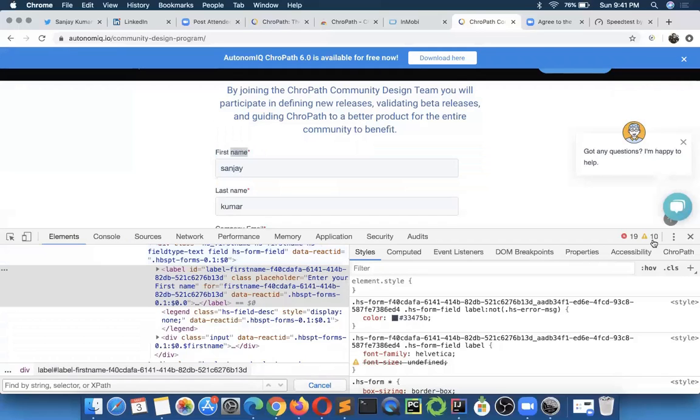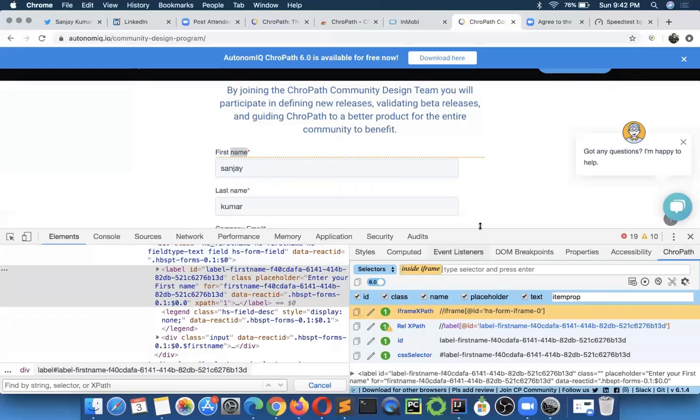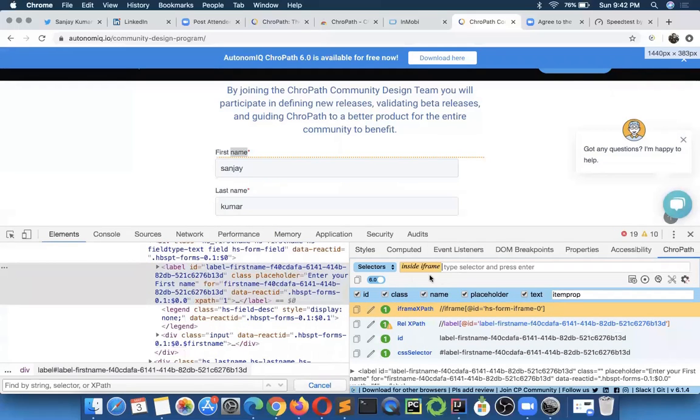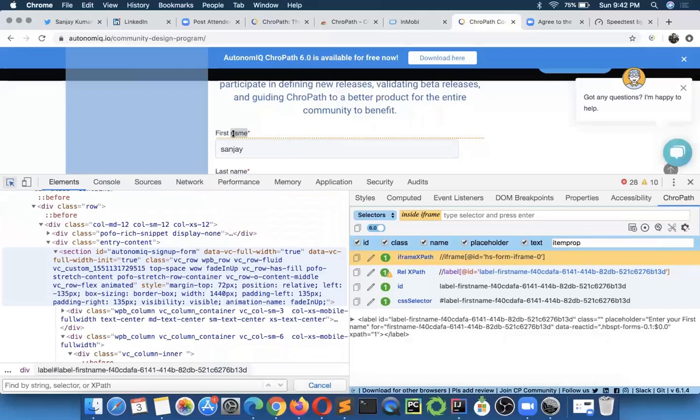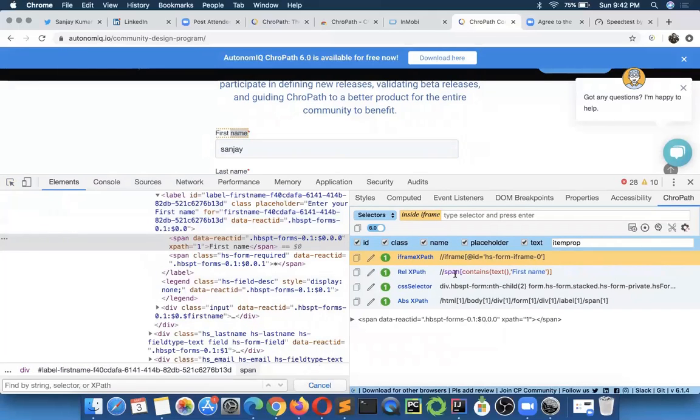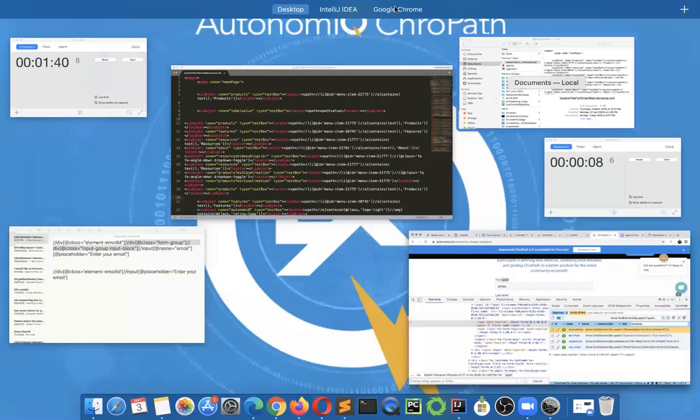But with the help of ProPath, you just open ProPath here and you will see the magic. ProPath gives the XPath for the element you have inspected, along with the XPath of the iframe inside which it is lying. You just inspect this element and you get the XPath of the iframe and the XPath of the element. If you turn on this command, you get everything. You just copy this, use your switch to command and your driver find element command, and you're good to go. That's how it saves a lot more time.